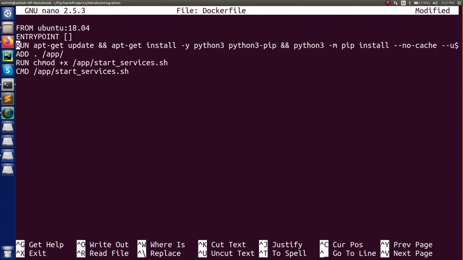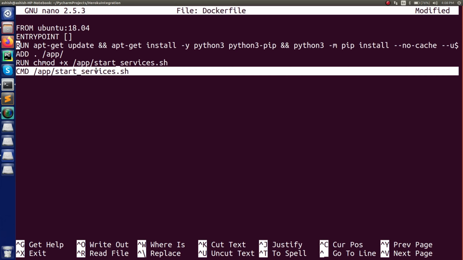So that is how we are going to work, and accordingly it is just copying all the files and everything which we require. And at the end you can see CMD something like start_services. So this is the one which we are adding in here. This is the most important file which will be used to run your complete application. So this is all about it.